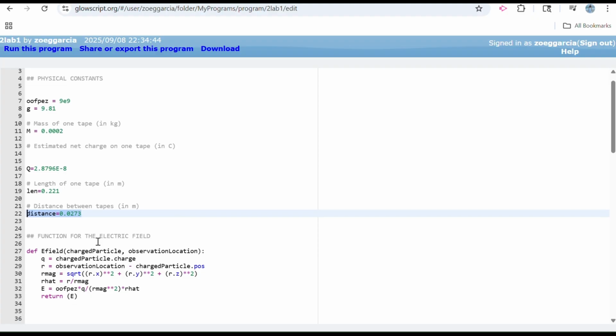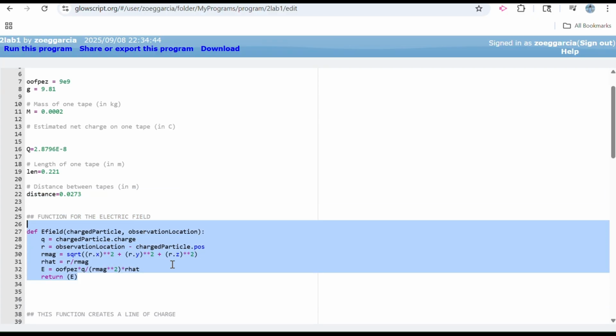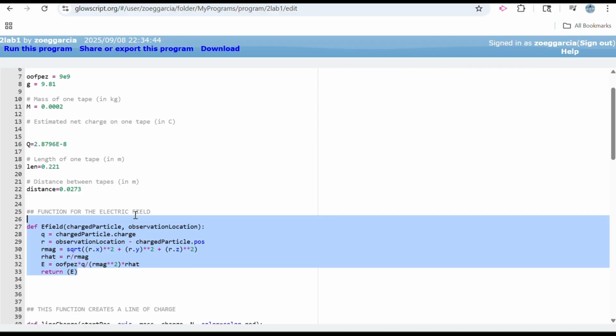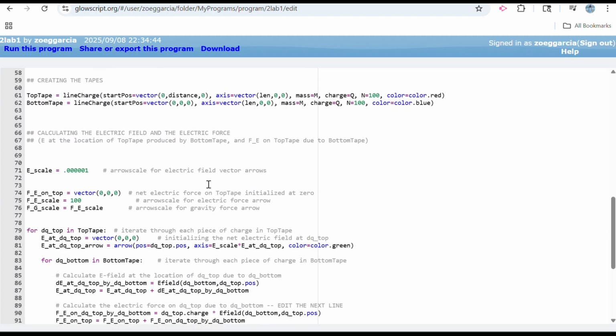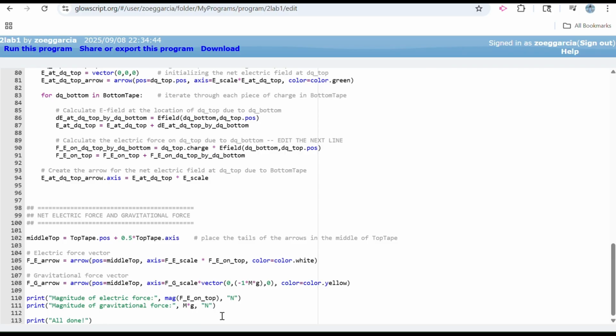And then this is the function for the electric field. I'm running out of time here, but the electric field equals the K constant times the net charge, and then you divide that by the magnitude of R squared times R hat. And that's all I have time for right now, but there's charging the tapes and the line, and then at the end we print out